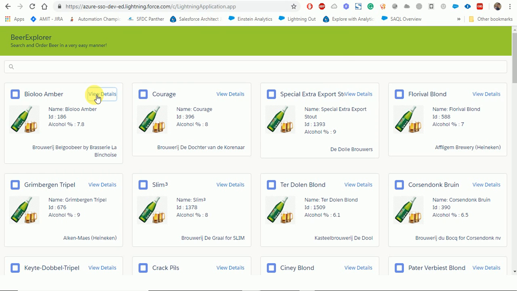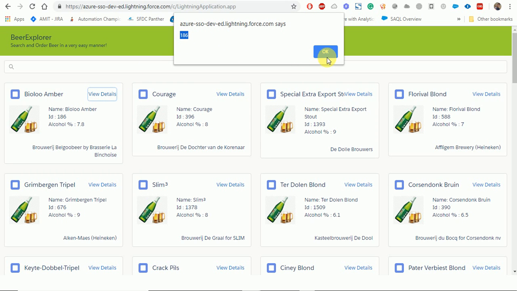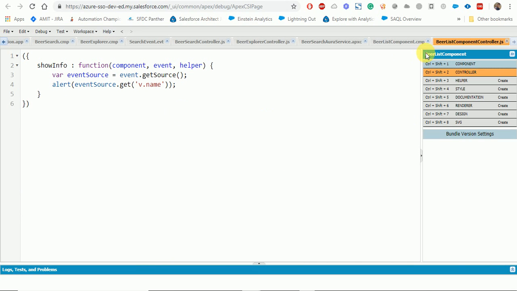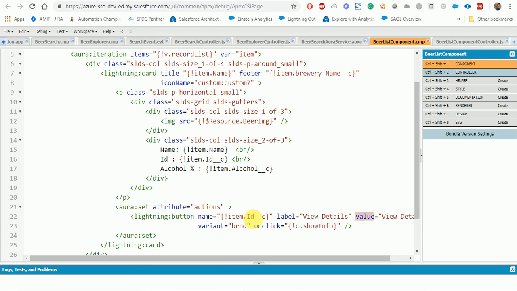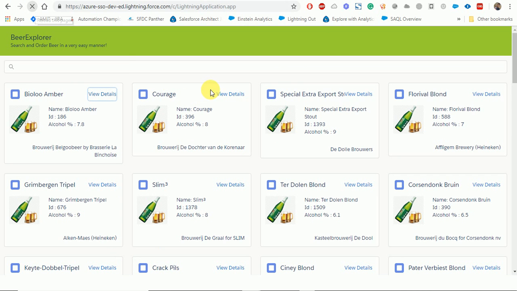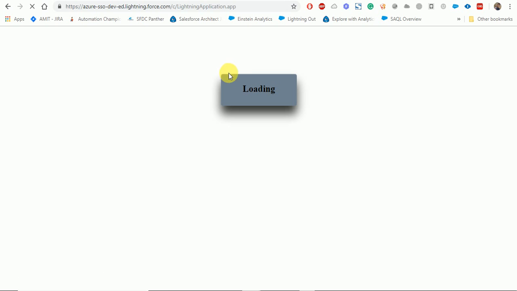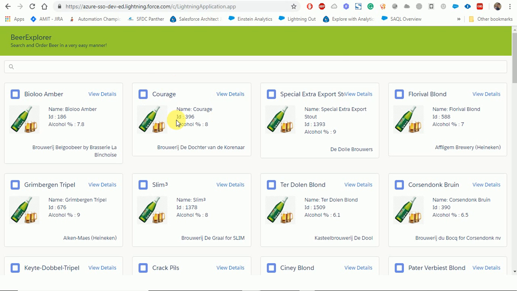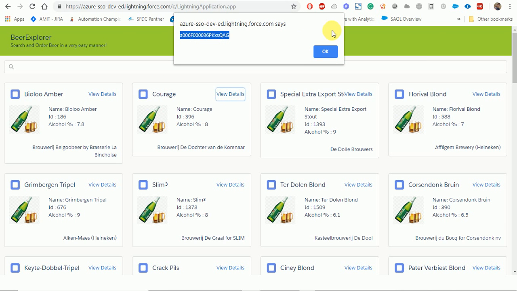Oh, now let's see. Okay, so this is the ID, we are not using the record ID here. Let me go ahead, save it with record ID, and then we can get the record ID of that particular beer, and then we can do whatever we wanted to do. Here you can see in the last, it ends with XSQHE. If you click on here, you can see XYQAZ. So the ID is different, that means we are getting the unique IDs.